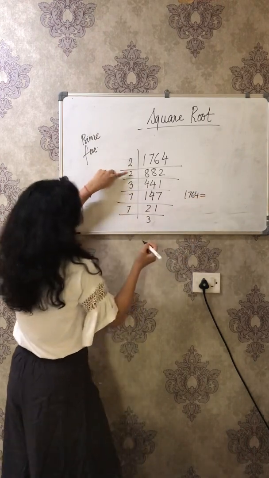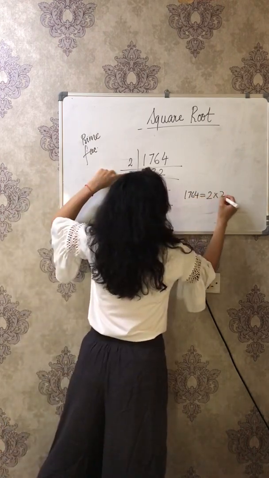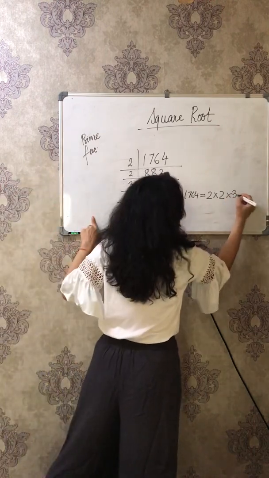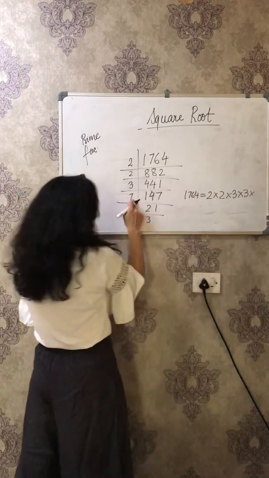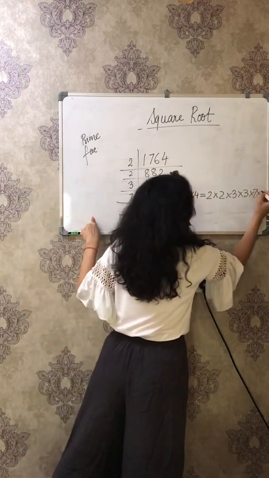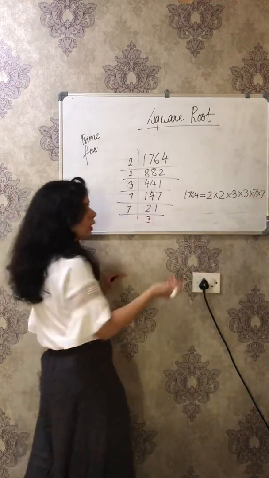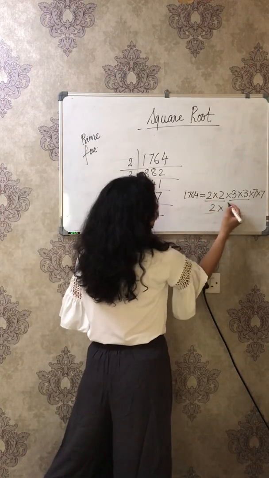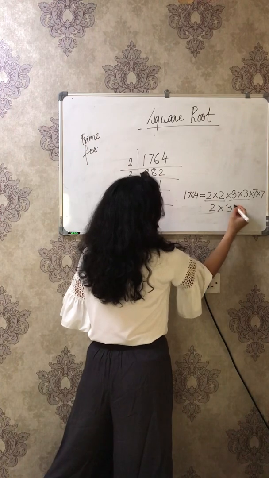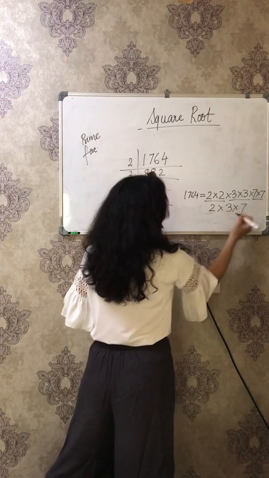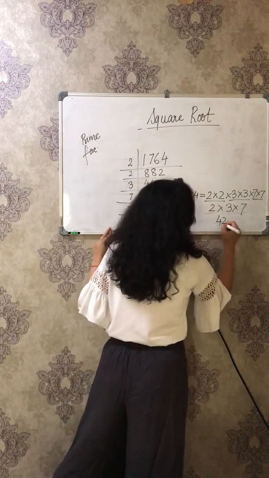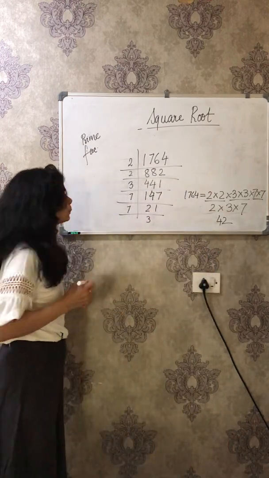So what are there? 2 into 2, 2 into 2, into 3, and 2 3s are also there. So we will take 2 3s. And 2 7s are there, so we will take 7 into 7. Very, very simple. Out of 2 2s, take out 1. Out of 2 3s, we will take out 1 3. And then out of 2 7s, take out 1. Find out the product. 3 2s are 6, 6 7s are 42. 42 is your answer. Okay.